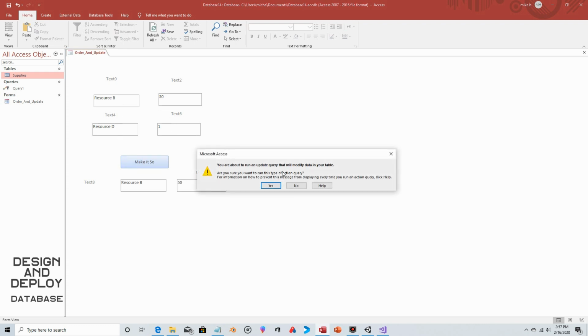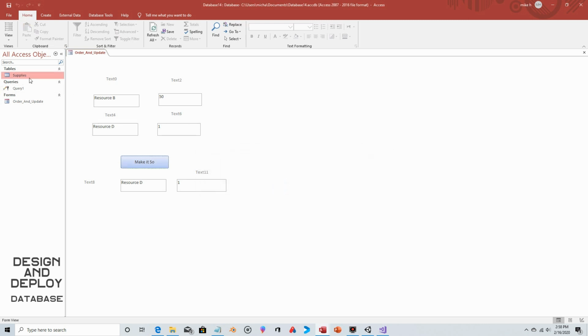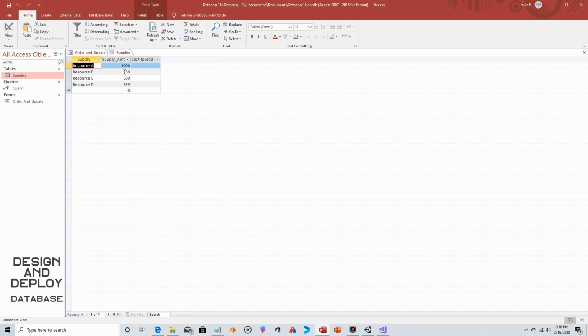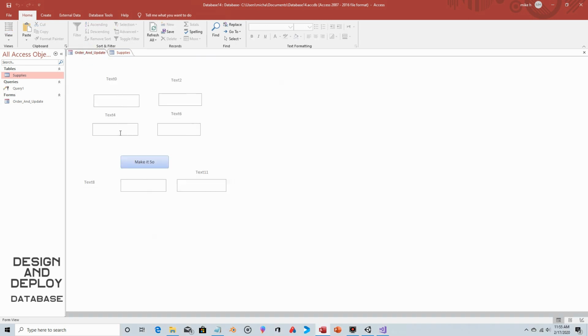So you're about to update. The first query is running, yes, and it's updating 1. Perfect. Second query is running, updating 1. Yes. And now let's go to our supply table. That was reduced by 50. That was reduced by 100. There you go. And now the final step, if we come back to the form,